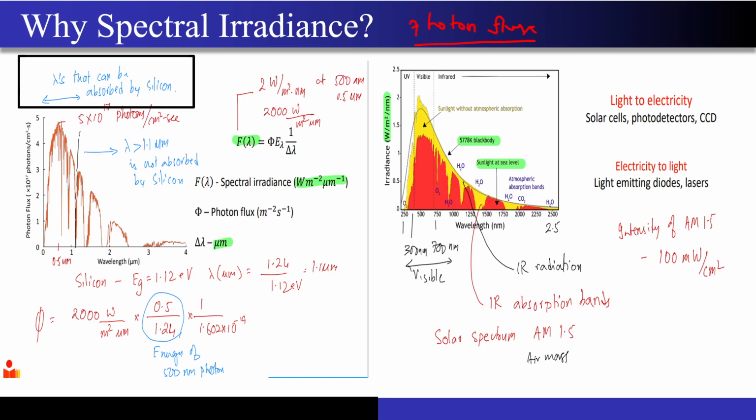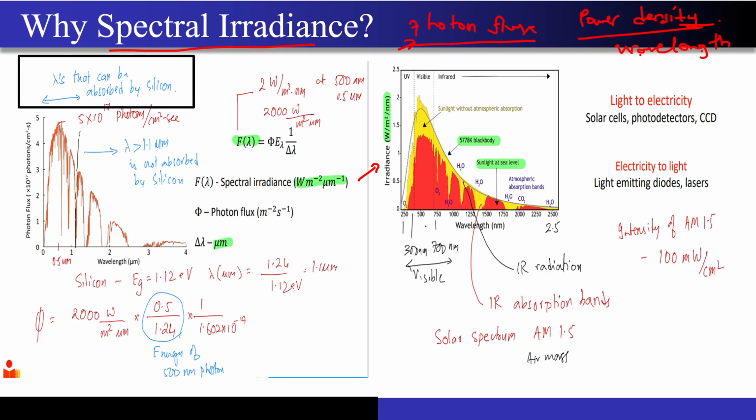Now from where did this photon flux come? We also have to see that. So this photon flux actually came from the graph of this spectral irradiance. This curve that you are seeing over here has been drawn for the sunlight. What I have drawn over here is nothing but the power density. This spectral irradiance is nothing but the power density per unit of wavelength. That is how much power I am getting per unit wavelength.